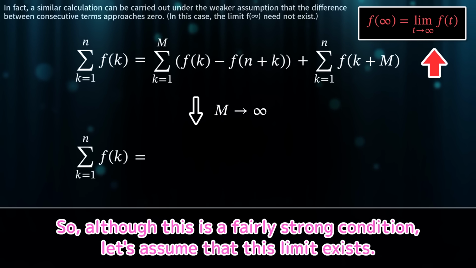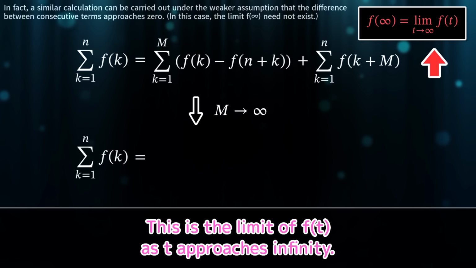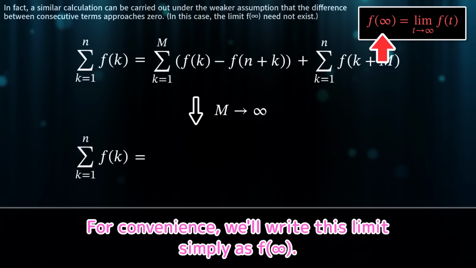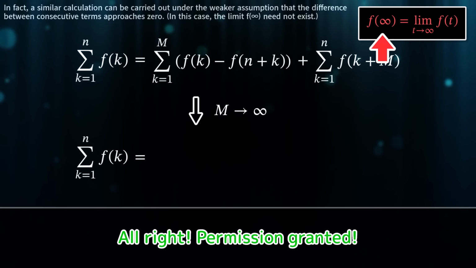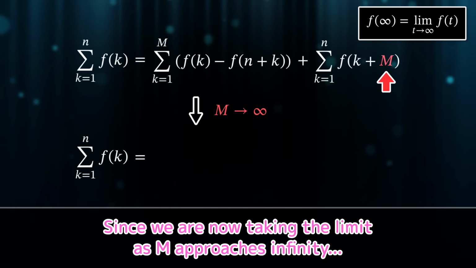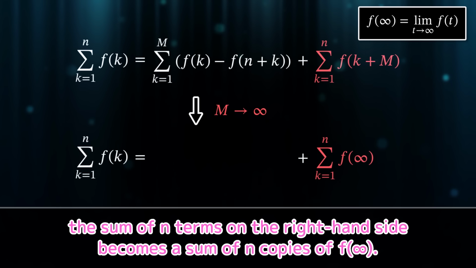So although this is a fairly strong condition, let's assume that this limit exists. This is the limit of f of t as t approaches infinity. For convenience, we'll write this limit simply as f of infinity. Alright, permission granted. Since we are now taking the limit as m approaches infinity, the sum of n terms on